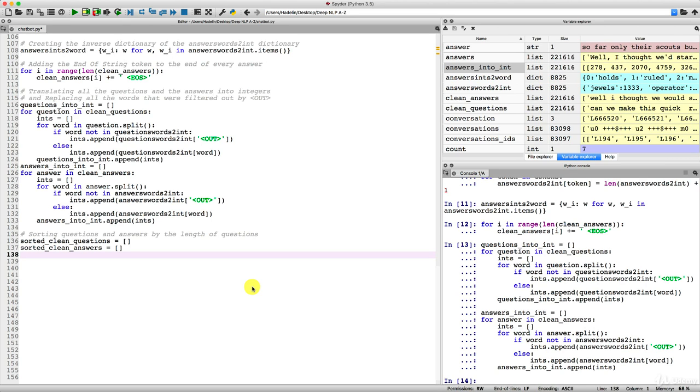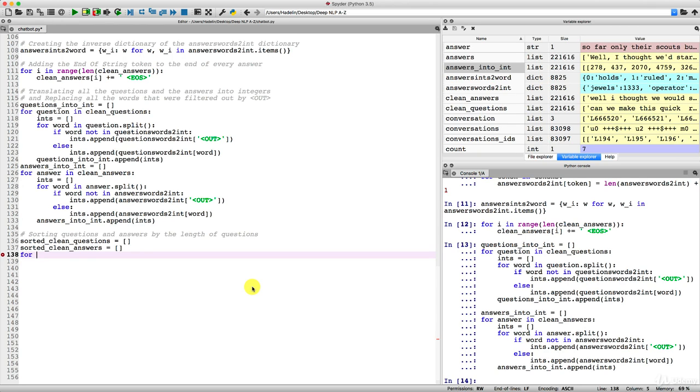Again, I recommend to try to beat me and make these lists before me. That's an excellent practice. The more you code, the better you'll become. But I'll start right now. So for, and so now what do we want to do? Well, we want to sort the questions and the answers by the length of the questions. So we will get a loop variable that is going to go from 1, which is the shortest length of a question or an answer, like for example, why or yes or no. You know, these are important questions or answers in a conversation. So this loop variable is going to start from 1 and then be incremented by 1 to be equal to 2, then 3, then 4.